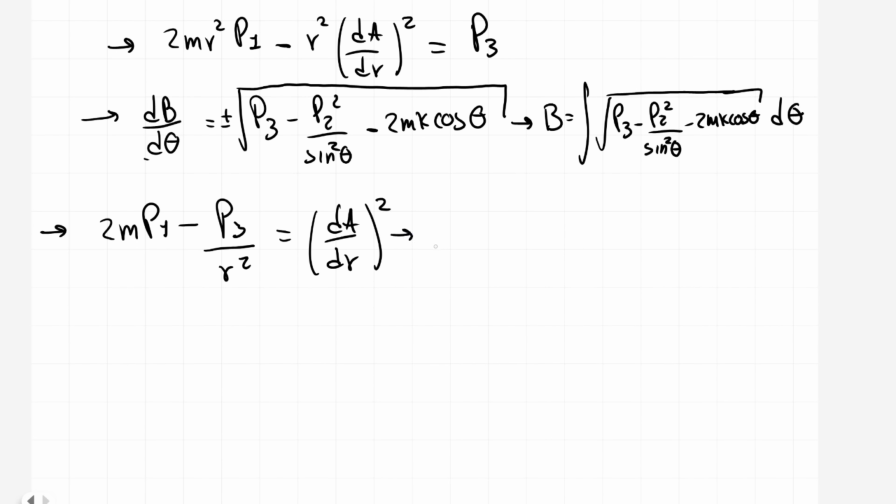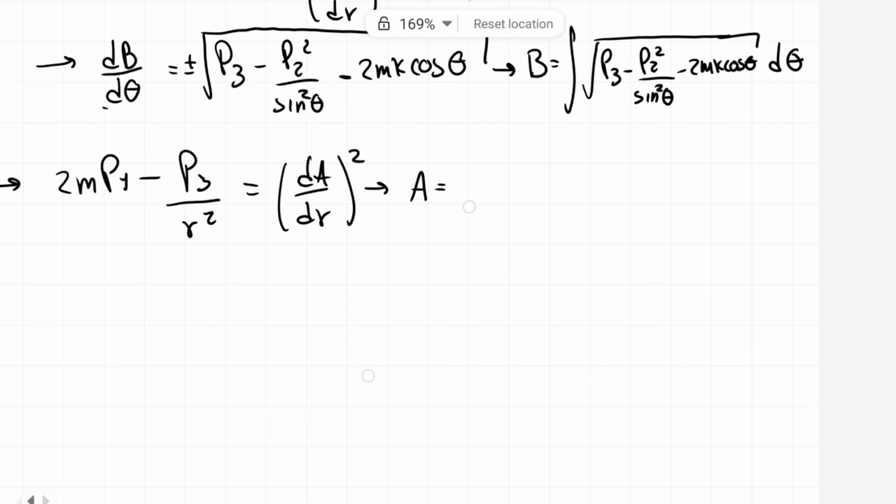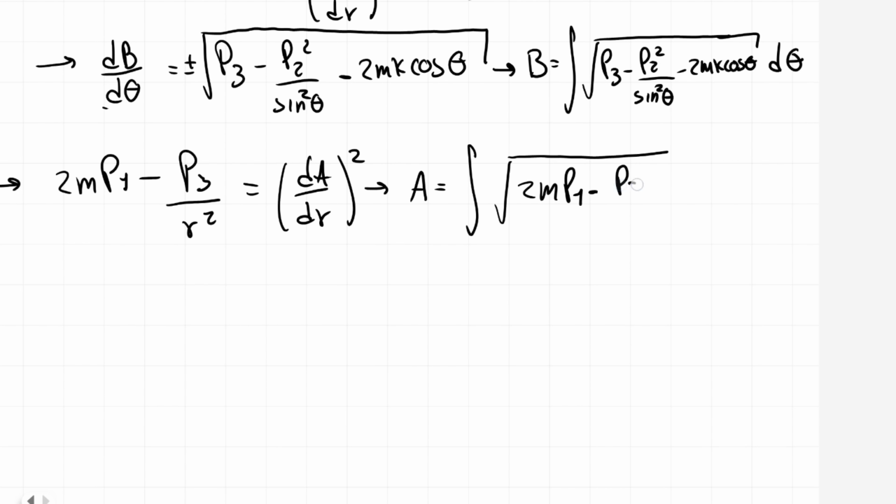So we will get that a can be seen as, again taking just the plus sign solution, the integral of the square root of 2mp1 minus p3 divided by r squared